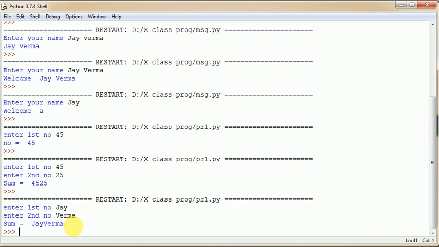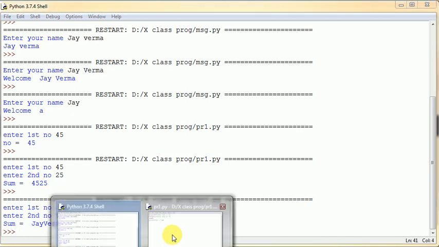Okay, but for the addition of two numbers, I want to add these two numbers just like a simple mathematical operation. Means I want the result 70 here in place of this 4525.